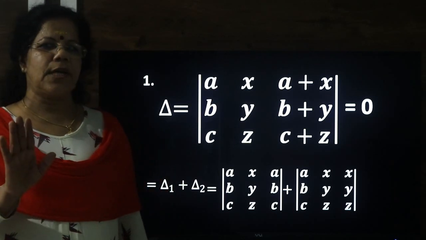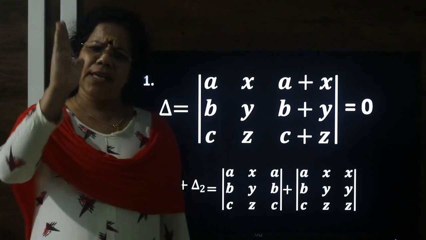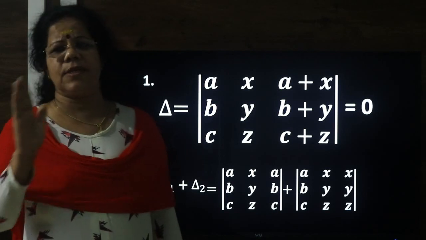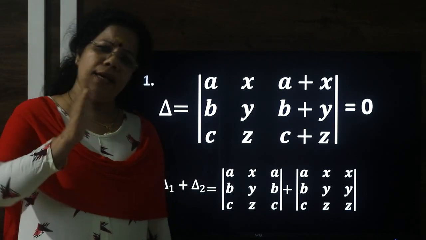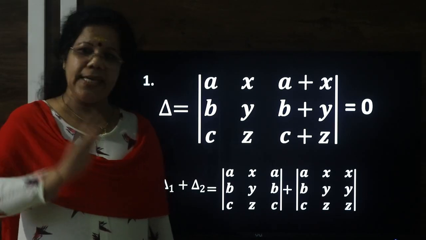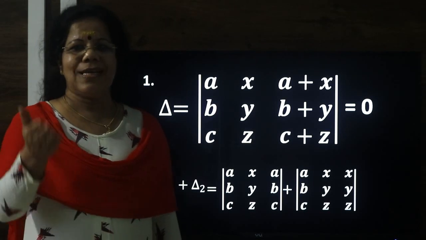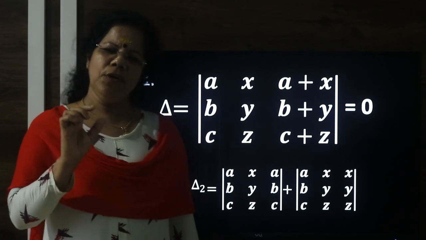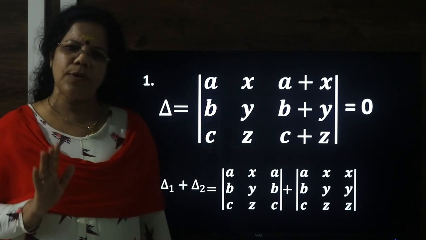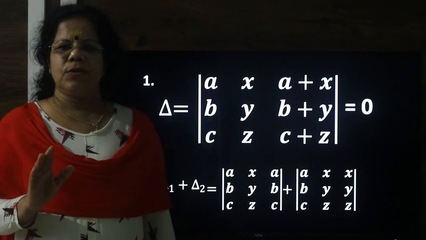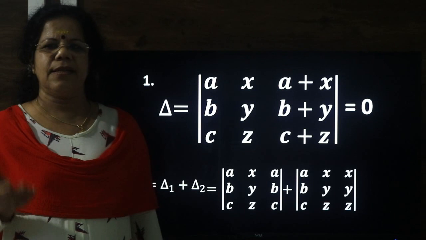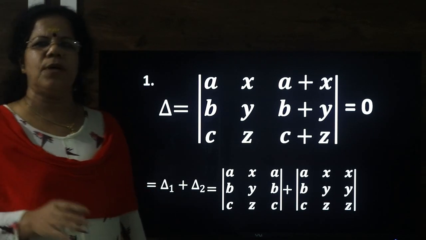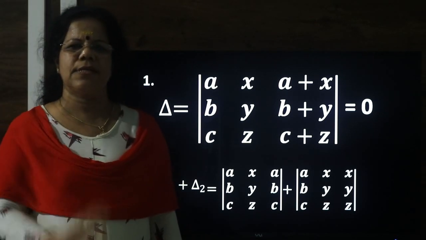And one more thing I want to tell you, it need not be A, B, C in the first one and X, Y, Z in the second one. You can take A in the first one, next case Y in the first one. It is not necessary. Here it is written in order. If you apply some property, it should be useful. So, to get easily the value as 0, we have to apply this. Here this A, B, C, X, Y, Z will help you.